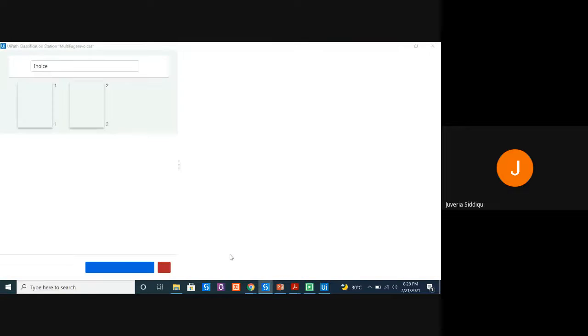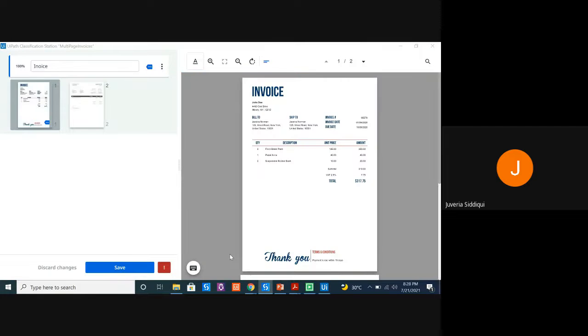And now, if you remember what we did with the Present Classification Station, the bot was not able to classify this multi-page document. Let's take a pause and understand two very important concepts over here. You see, this is a multi-page document. Page number one, this is 1 and 1. These are page limits. 2 and 2 is a page limit.